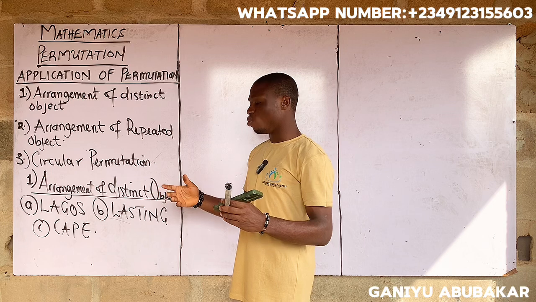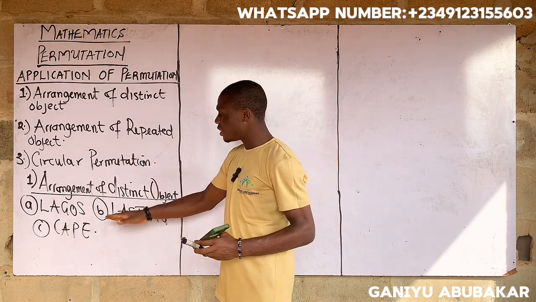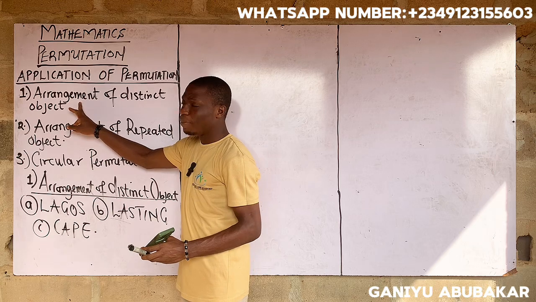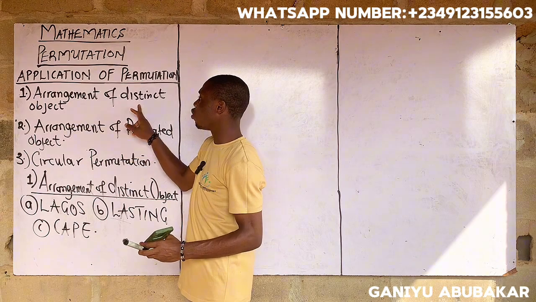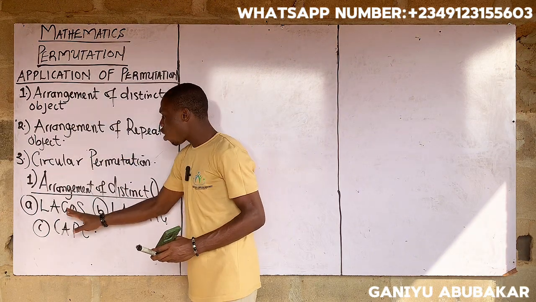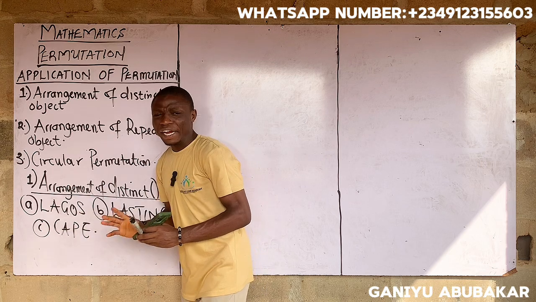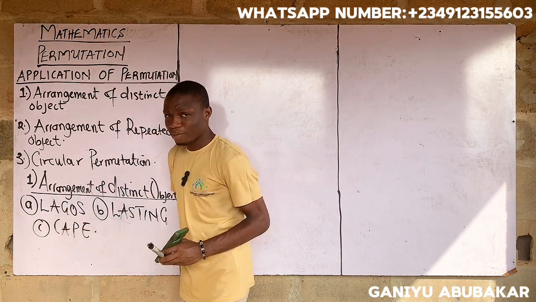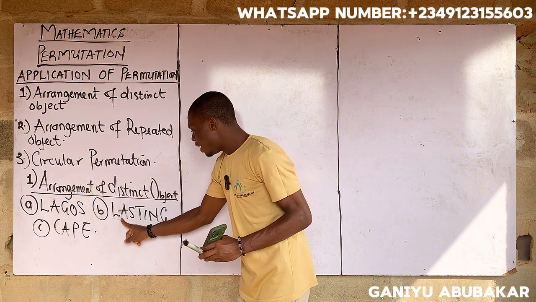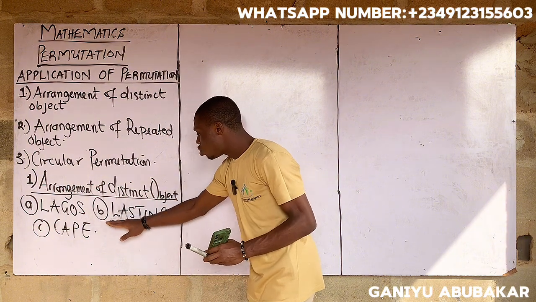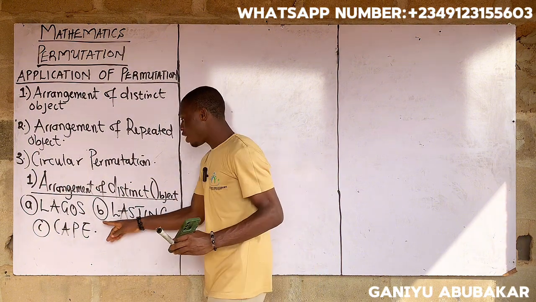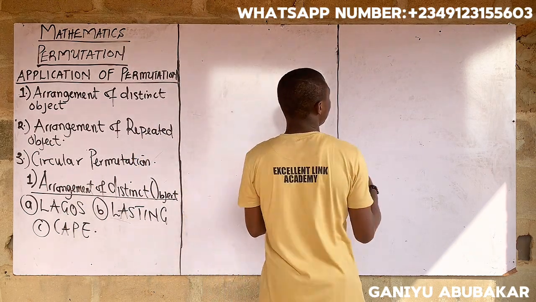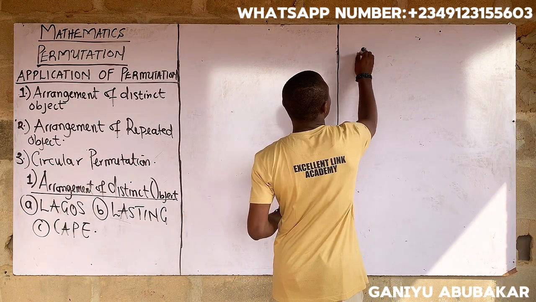So what do I do? Now, why is it that this example is explaining the first application called arrangement of distinct objects? For distinct objects, observe the objects, they are not repeated. This is Lagos. Nothing is repeated here. Observe your B, Lasting. No object is repeated here. Look at this one, Cape. Nothing is repeated. So the concept now is that, look at this one. If I have, let's say for example, Abuja,